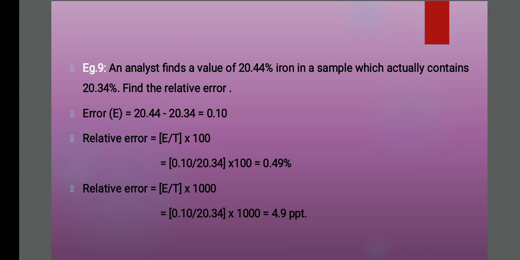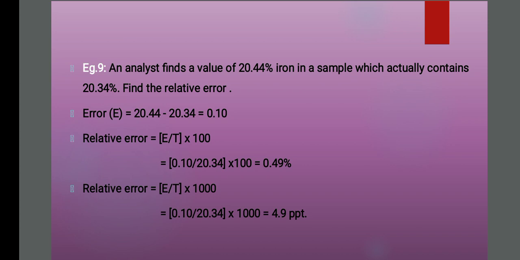Now you are going to calculate the relative error. How to calculate relative error? E by T into 100 or E by T into 1000. E is the absolute error, divided by T, the true value, into 100 if it is percentage, and into 1000 if it is PPT. So the value will be 0.10 divided by 20.34 into 100. It is nothing but 0.49